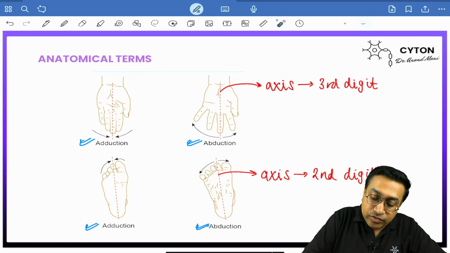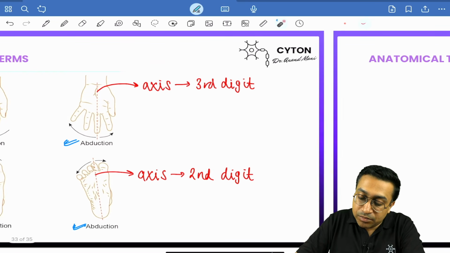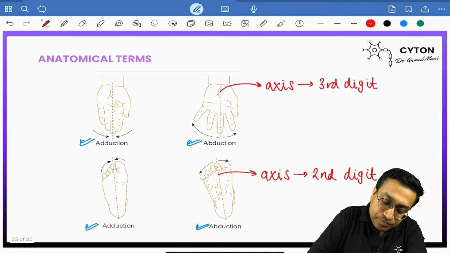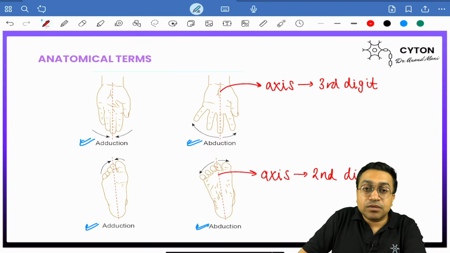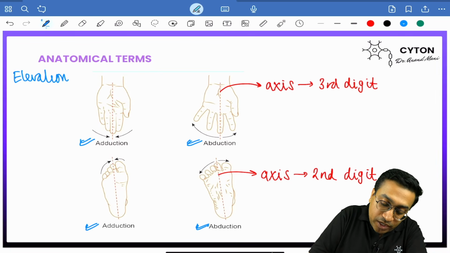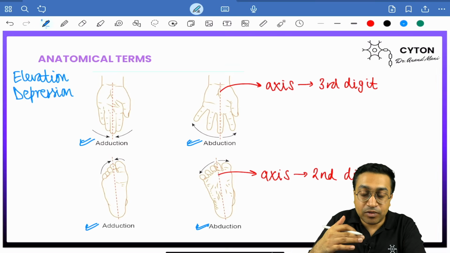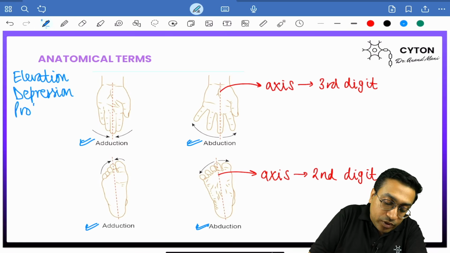Okay, the long axis of the second digit. So this is a slight difference between the movements. Then there are other terms like depression. Like we discussed, elevation, elevation of the mandible, classical example. Then similarly you have the movement that is depression, the movement of opening the mouth, to depress the mandible to open the mouth, movement to lower down the body part. Similarly you have protraction,